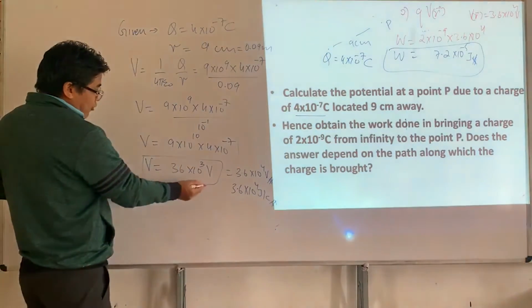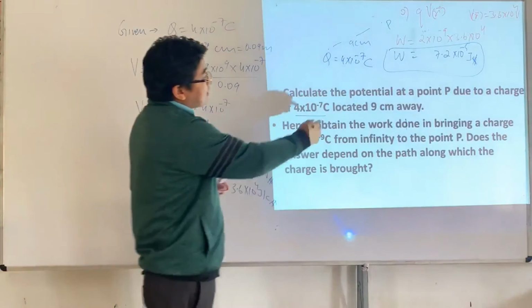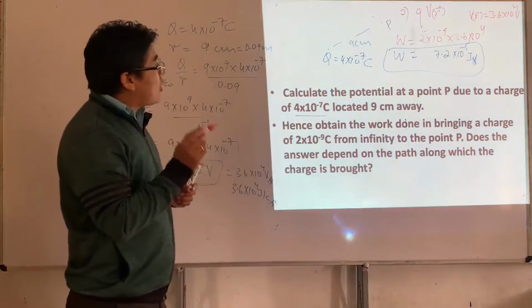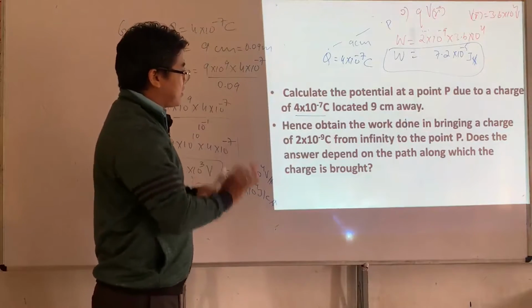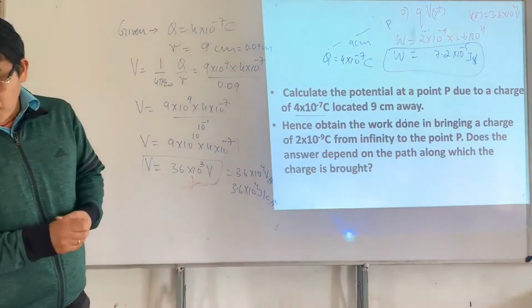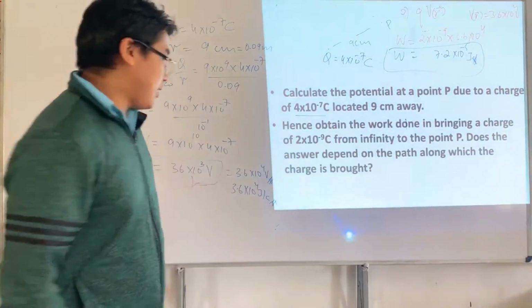This is the work because we bring a unit charge from infinity to point P. And now this is the work because we bring 2 into 10 to the power 9 coulomb from infinity to that point. This is the point, right? So this is what I had for the first problem. Now the second problem is